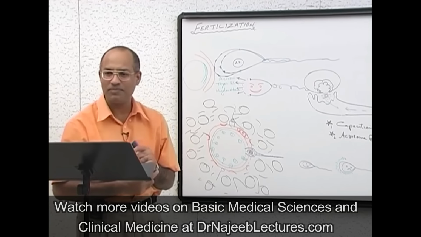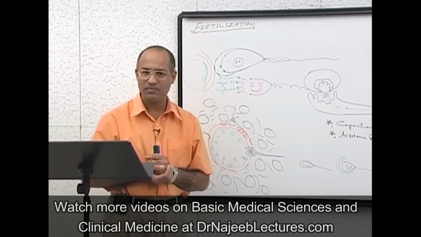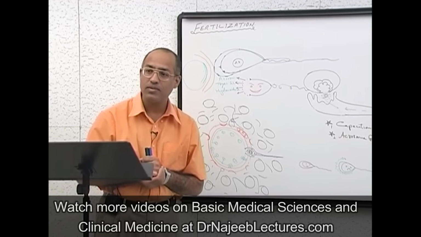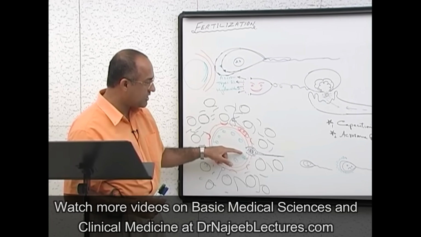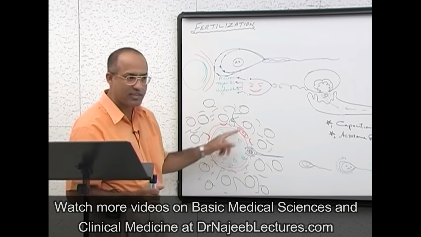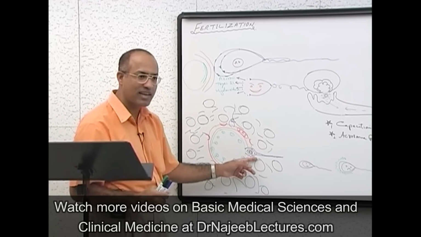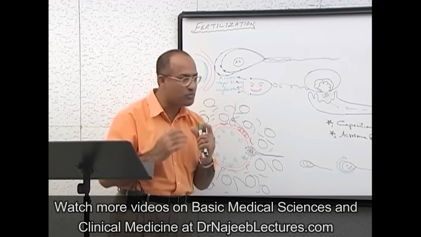Who will tell me? I'm going to see who is really intelligent. What will the sperm do? No, I'm saying, the membrane of the sperm touches the membrane of the ovum, the cortical reaction occurs, the zona reaction occurs. Now it's a private matter between this particular sperm, the lucky guy, and the ovum. What is the next step? What will the sperm do?